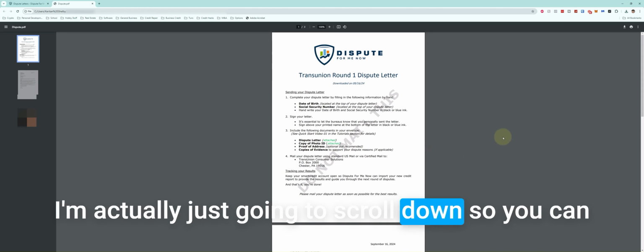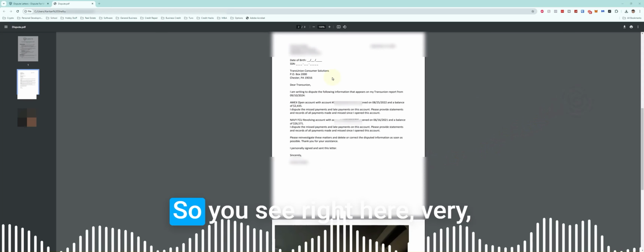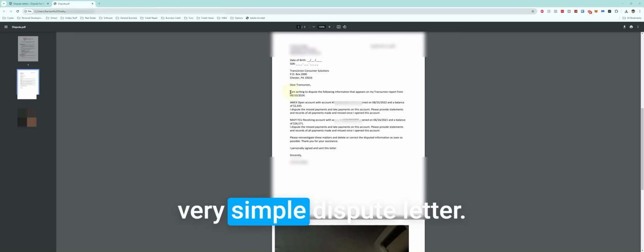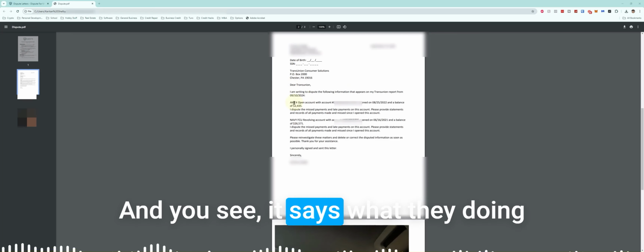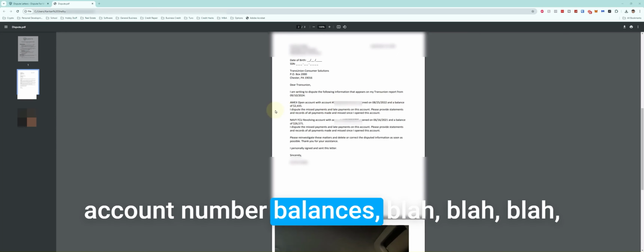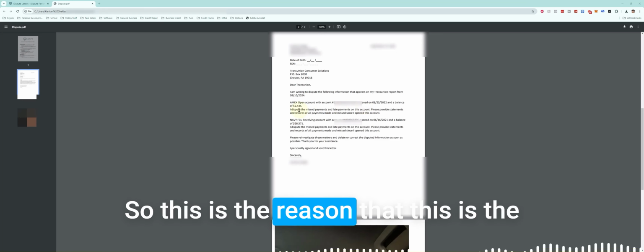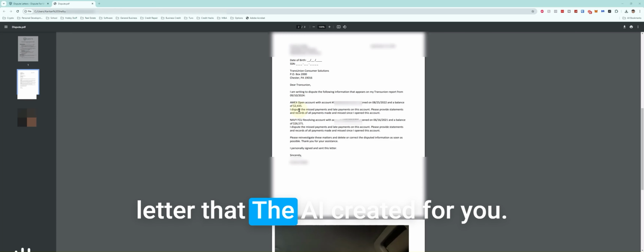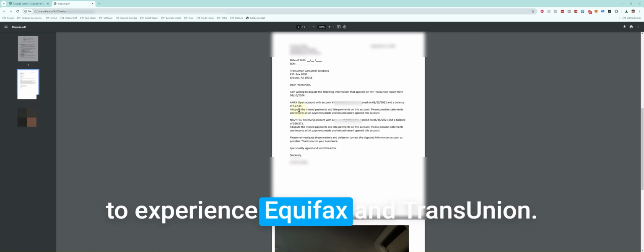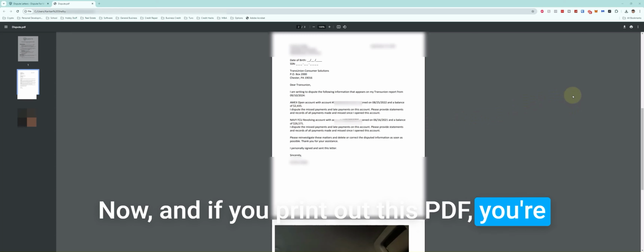I'm just gonna scroll down so you can see what the contents of the letter look like. So you see right here, a very, very simple dispute letter. It says what they're disputing: this account number, balances, and so on, disputing missed payments and all that. This is a letter that the AI created for you. You can go ahead and just send this off to Experian, Equifax, and TransUnion. Okay. Now, if you print out this PDF,